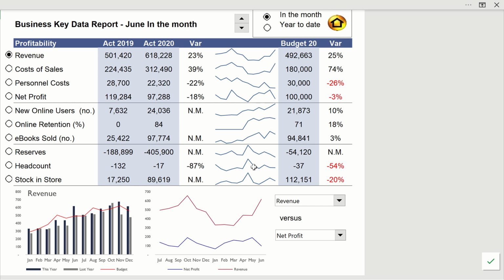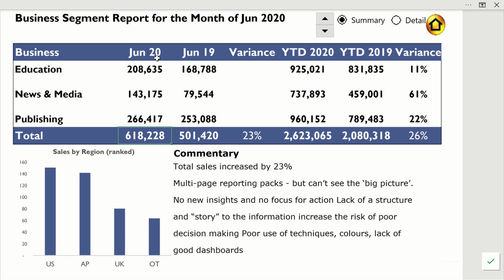Not when you are ready, but when they are ready. When they ask questions like, hey, this 618 looks good, can I know which business actually contributes to this total? Not a problem. When you give an answer by the click of a button, when they ask it, don't you think